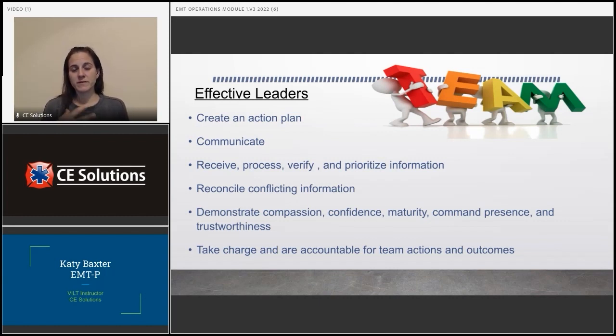So command presence, let's talk about that. Somebody who comes in, who's hunched over, their arms are crossed, it's the middle of the night, their shirt is half untucked, their pants are inside their boots, which may or may not be laced or zipped up, and they're like, why'd you call 911? You know,